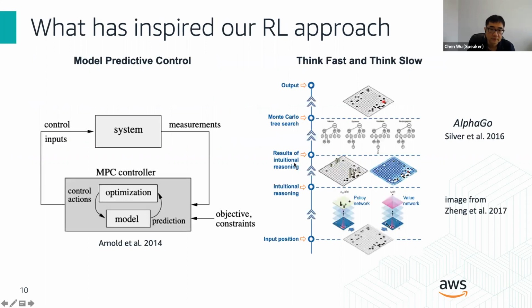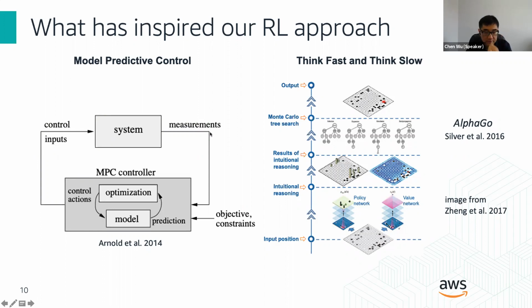So let me just go through the motivations for our approach, before we jump into those applications. The first one is model predictive control. We think that the control community over the years have developed a lot of good techniques to deal with the unpredictability from your environment. So for example, in model predictive control on the left, the MPC controller will